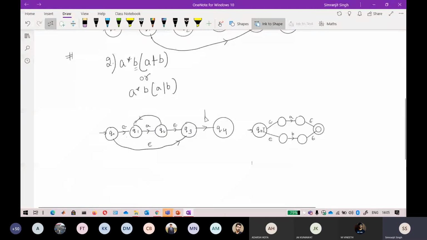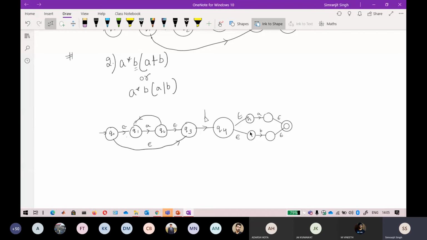I do not need that part because I already have a Q4. So I take this part here and link it like this. This will become your epsilon, and this will become your epsilon, and Q5, then Q6, then Q7 and then Q8, and that is your final state.